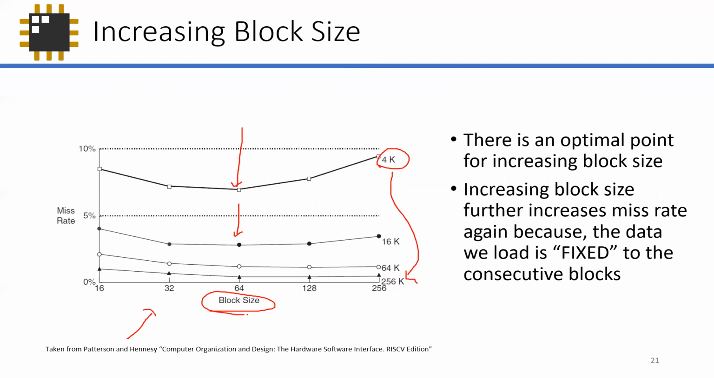If you increase the block size even further, there's a higher chance that the miss rate starts to increase, because remember, the block is storing consecutive data. If the data that you need is not in that set of consecutive data, then you're going to have a miss. So this is just a good FYI that there sort of is an optimal point where you start to see